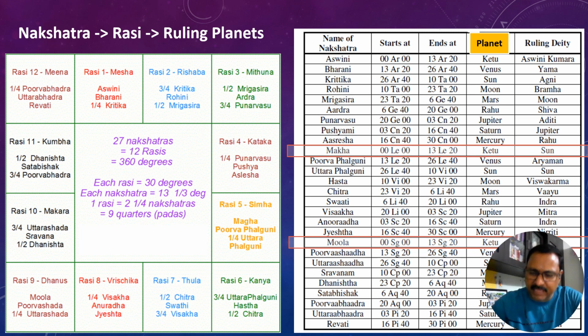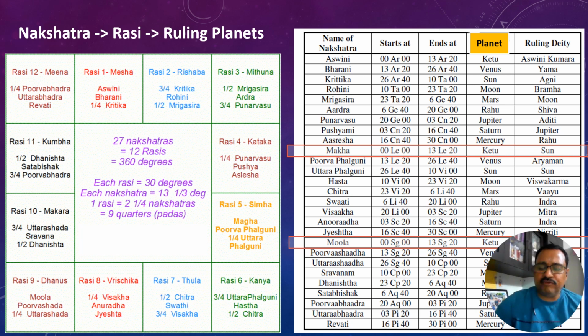And the last 9 cycle is Mula, which is Ketu, Purvashada, which is Venus, Uttarashada, which is Sun, Shravana, which is Moon, Dhanishta, which is Mars, Shatavisha, ruled by Rahu, Purvabhadra, ruled by Jupiter, Uttarabhadra, ruled by Saturn, and Revati is ruled by Mercury. So the ruling planet for each nakshatra is one of the planets that I described on this slide, right? This model, I think, we really need to understand to arrive at